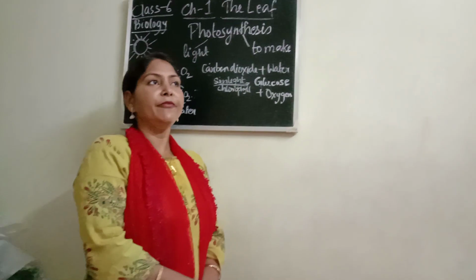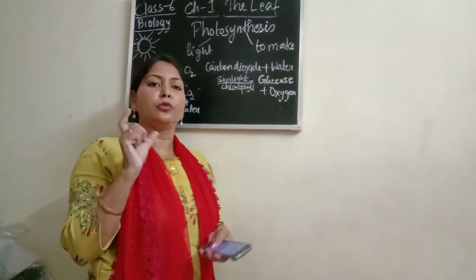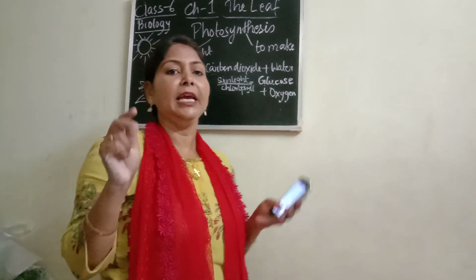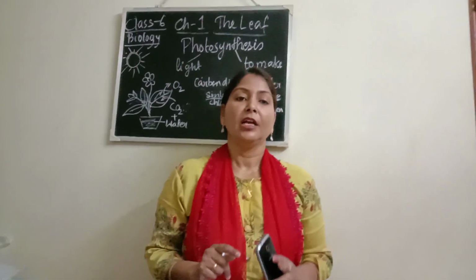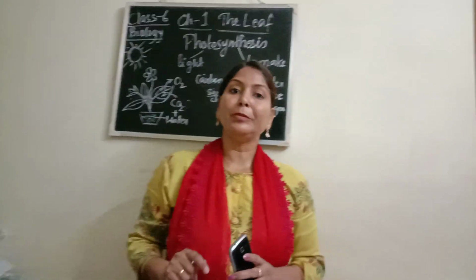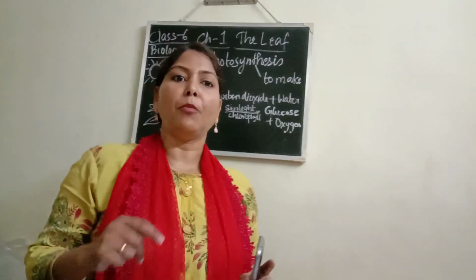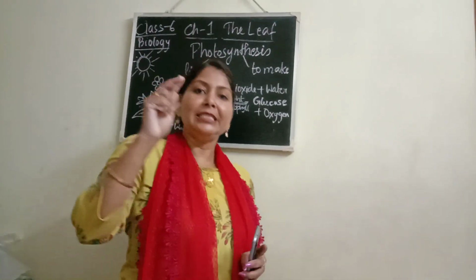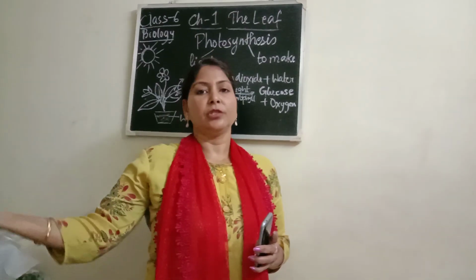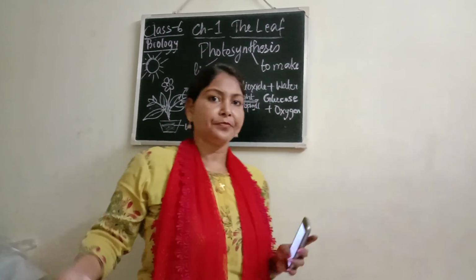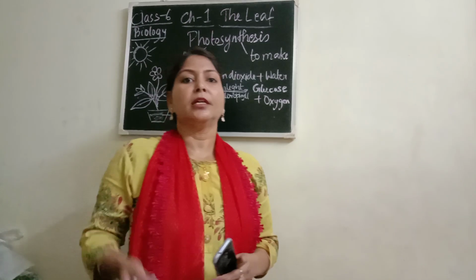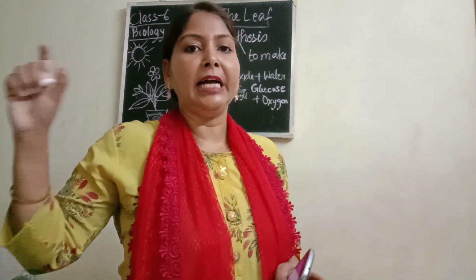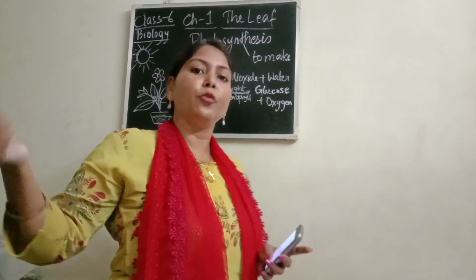Now if we break down the word photosynthesis, it is formed by two terms, photo and synthesis. Now what is the meaning of photo? Photo means light, and light is a form of energy. Okay, and synthesis means to prepare food, that is the nourishment. So over here you can see the two terms: photo means light and synthesis is to prepare, to make the food.